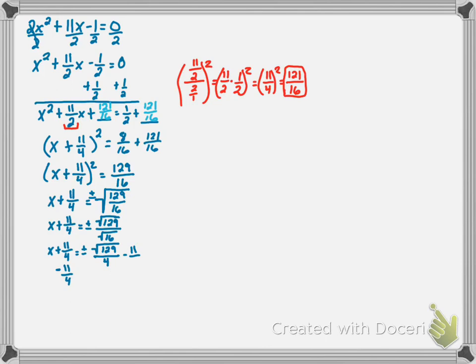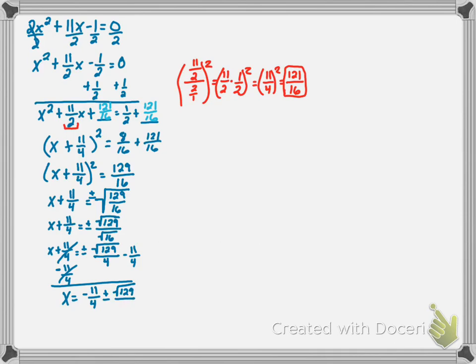And I'm going to write it out here horizontally because I want you to see that when we add, or in this case subtract the 11 over 4 on the right hand side, we're just going to be able to combine those two fractions because they do have this common denominator of 4. So that's going to be a good thing. So now on the left hand side, the 11 over 4 minus 11 over 4 is going to cancel. We're going to get x is equal to a negative 11 over 4 plus or minus the square root of